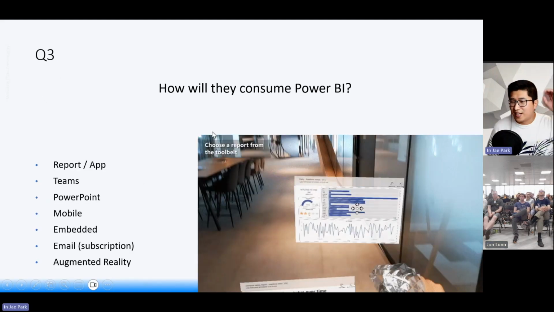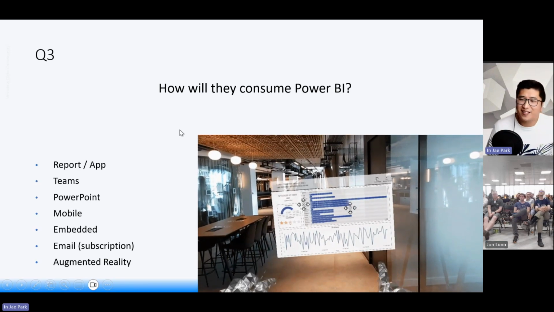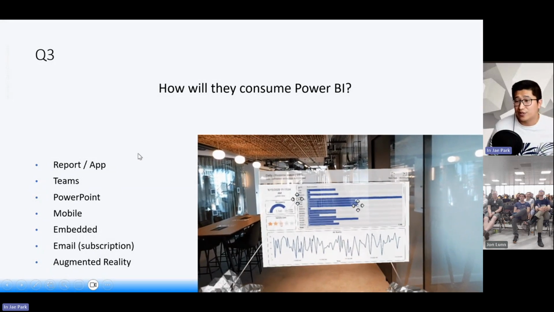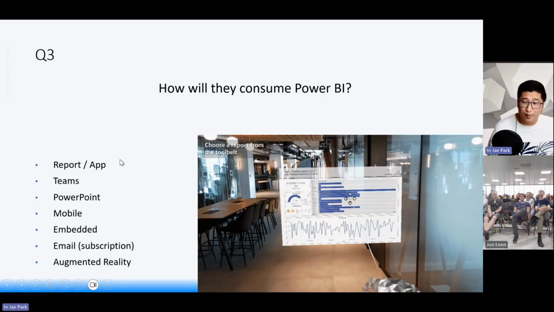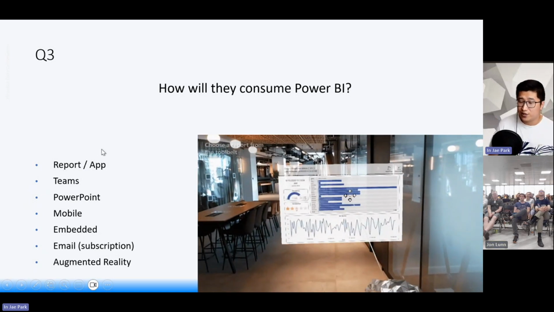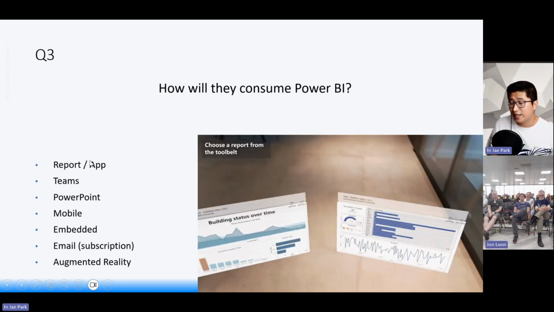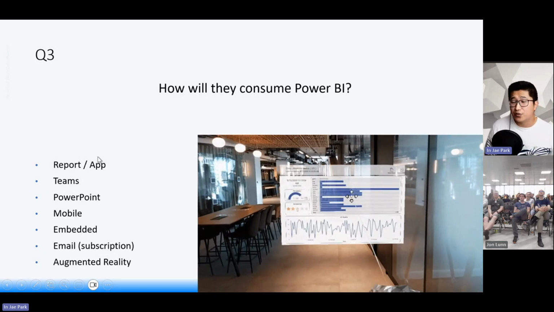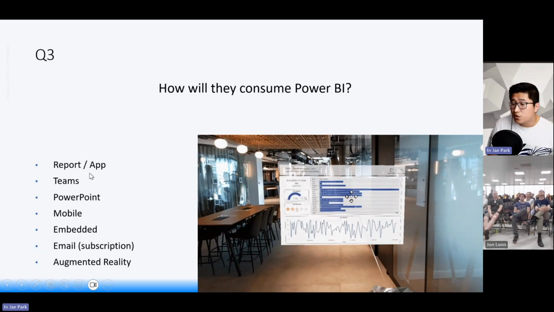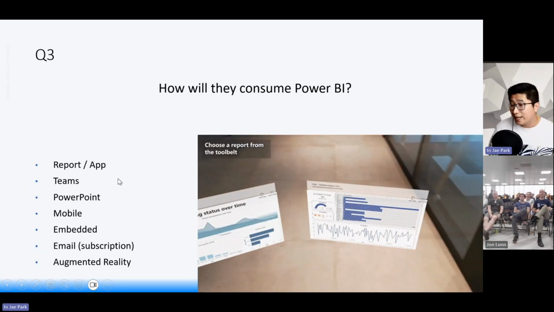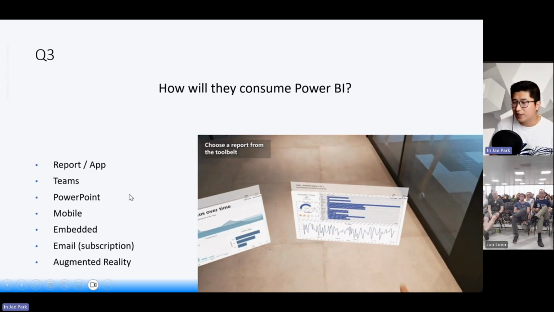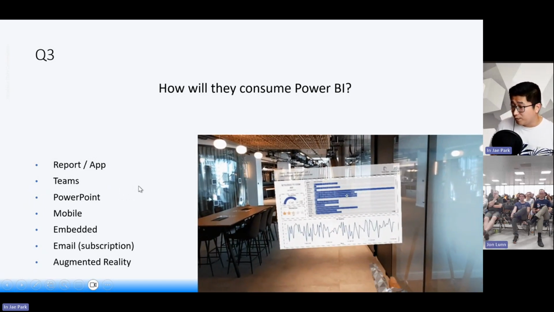I do apologize, I can't stop the GIF, but there's also a question that you need to ask, which is how will the end users consume Power BI? It's speaking about emails. Most Power BI developers know about reports and applications, but because Power BI is a Microsoft product and it integrates very well with other Microsoft products, you could access it through Teams, through PowerPoint. There are also mobile applications, as well as a Power BI iframe that can be embedded